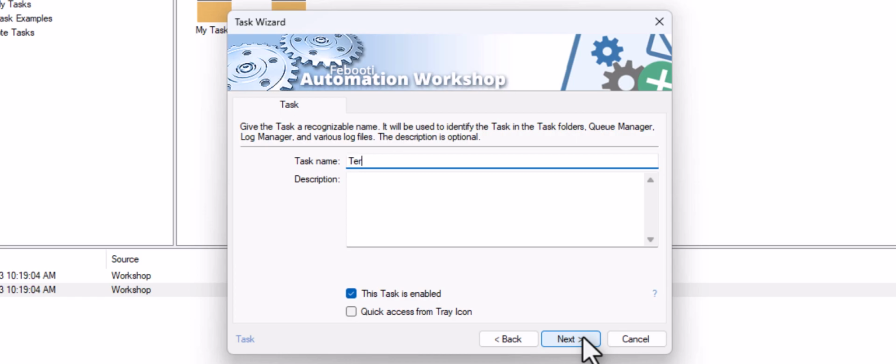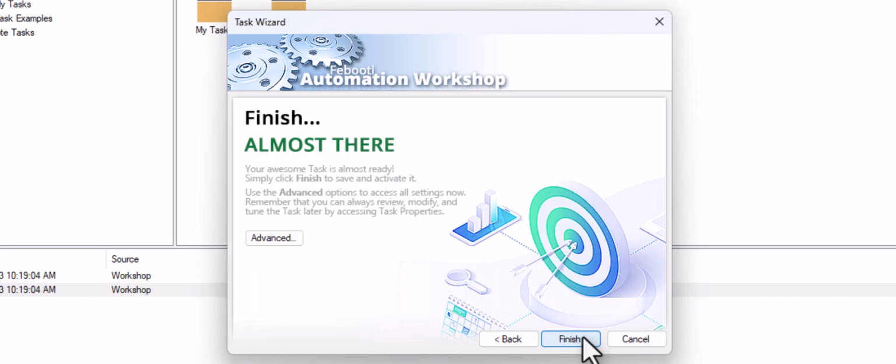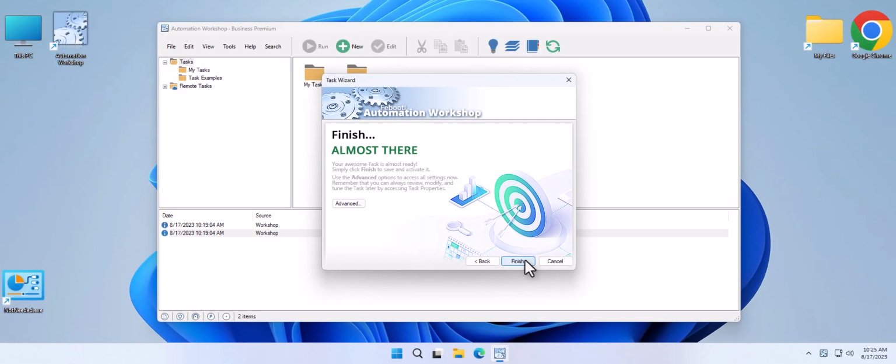I will call it Terminate Unwanted App. When I click Finish, the process and app monitor trigger will activate, and as I have our unwanted app already running, it should be terminated instantly. Let's try.